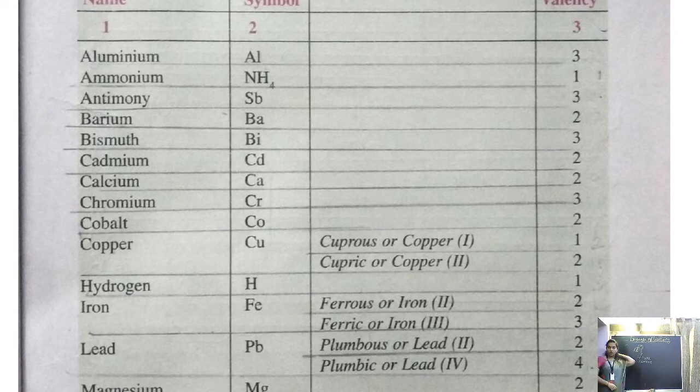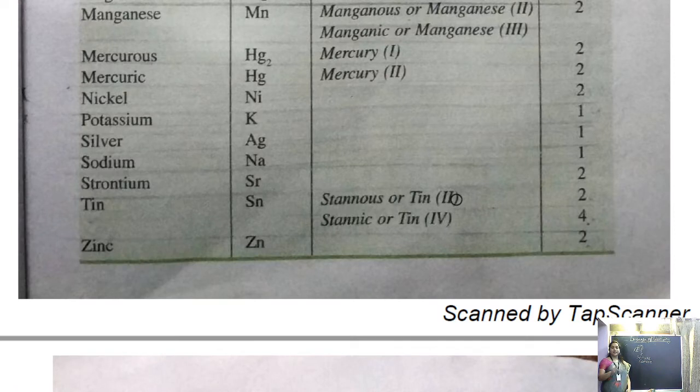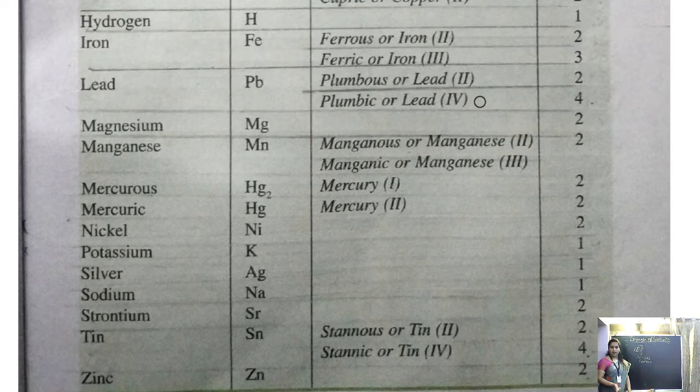Please go through this table, draw this table. I'll make you understand this table in the next class. How these valencies are there, and how there is a negative charge and positive charge, how you will learn this table, we'll do this in the next class. Got it? So that's all about today.